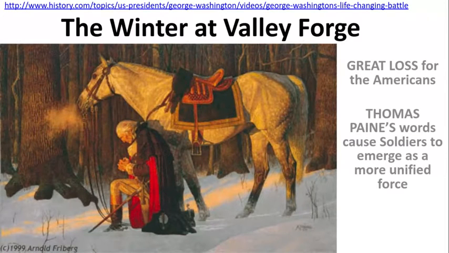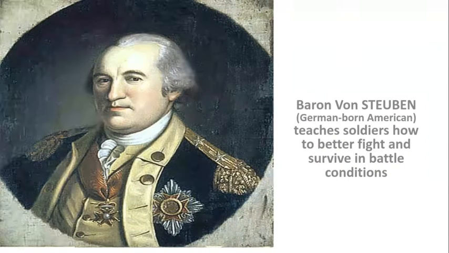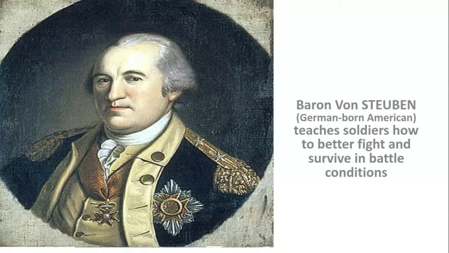But the other thing that happens is that Franco-American alliance and that victory at Saratoga, pulling in foreign help, really starts to show. Foreign leaders start to show up, and one of those is Baron von Steuben. He was a Prussian military officer, had some experience fighting in the French and Indian War. His specialty was training soldiers, teaching them how to march, teaching them how to maneuver on a battlefield and take